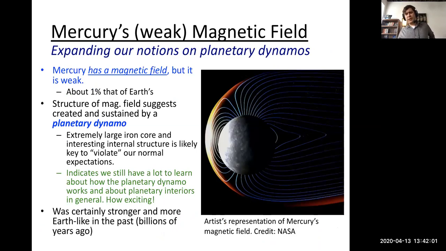So with such a large iron core, Mercury gets to defy the expectations that we set for a planetary dynamo because Mercury has a magnetic field. That is a very, very weak magnetic field with a strength 1% that of Earth's magnetic field. But the structure of the magnetic field, the fact that it looks like a bar magnet, we can map out the magnetic field lines, tells us that this magnetic field is generated by the planetary dynamo, where you have to have that liquid layer that's both convecting and made out of a conductor,